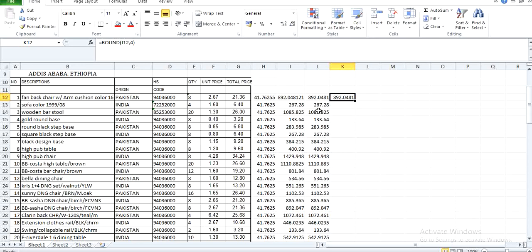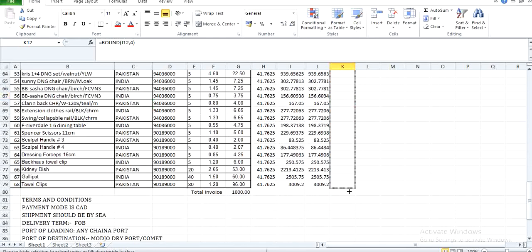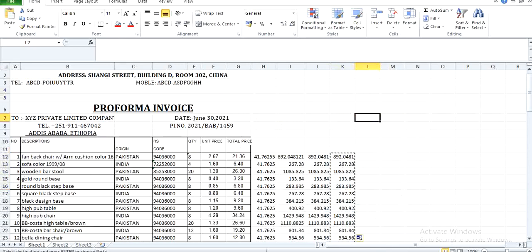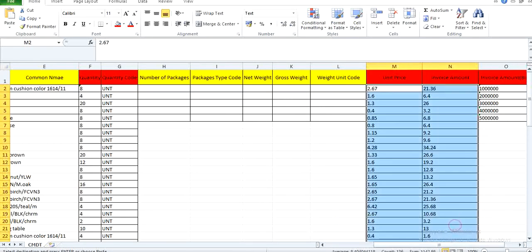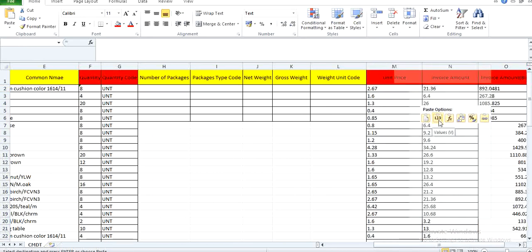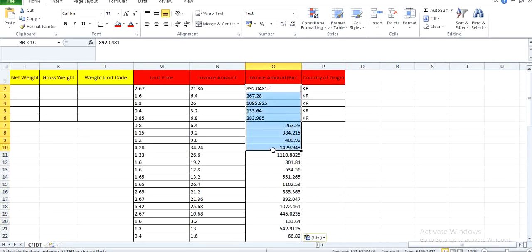If you want to adjust, use this formula and drag, and all digits are the maximum 4 digits, and copy, and then use the paste option and value, and then select format painter, sorry,